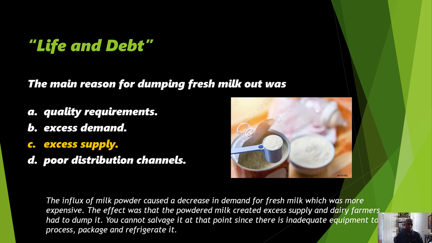That was a condition for the loan. And that milk powder was subsidized, meaning that those who made the milk powder were able to do so because of subsidies. So they received subsidies from the government to make the finished product, because it has to be processed. So when they came in to Jamaica with milk powder, they priced it lower than the fresh milk, creating a